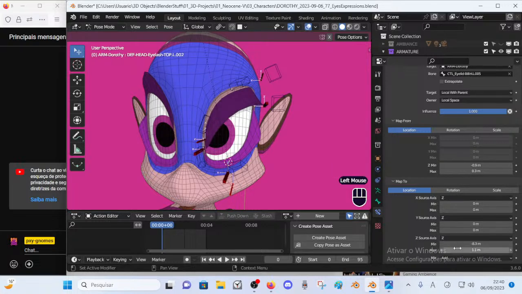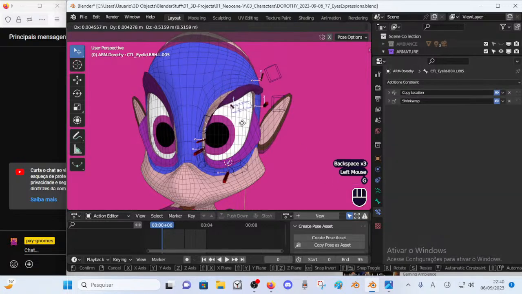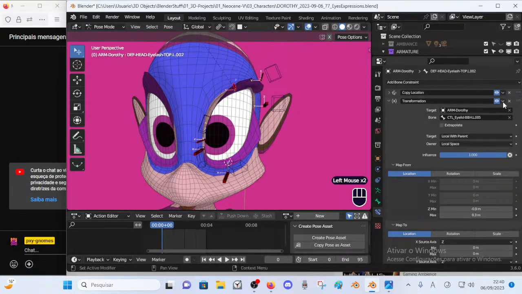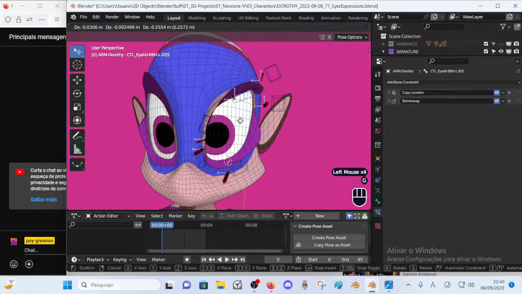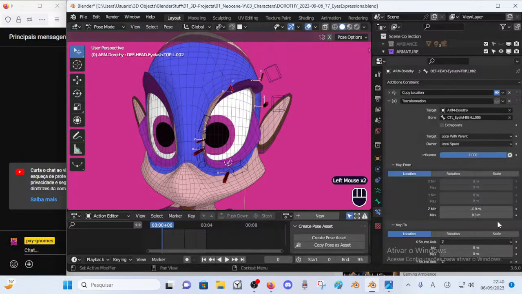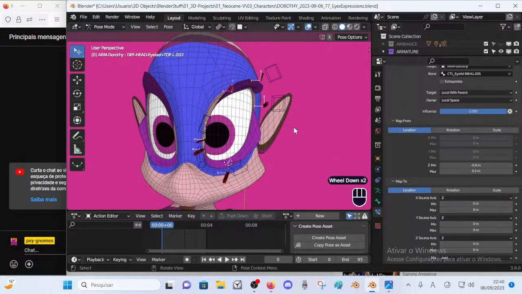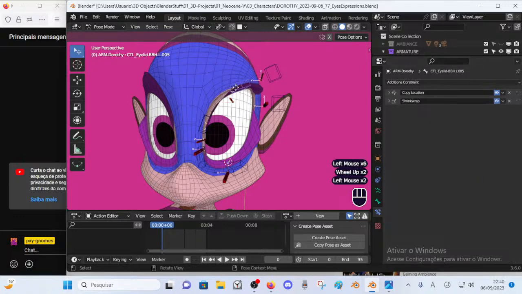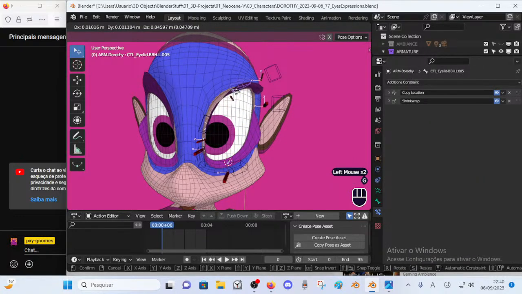Okay, let's reset. Let's see. Okay, so now it's just copy location, right? It follows, right? No problem. We want it to go down as the bone moves down, so we want a negative minimum, right?